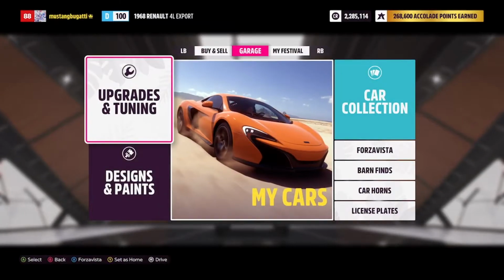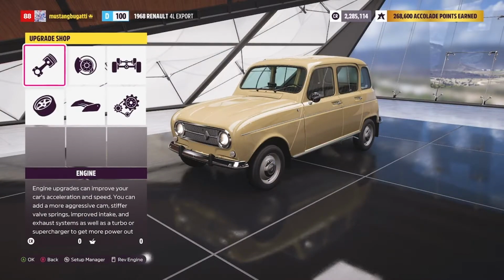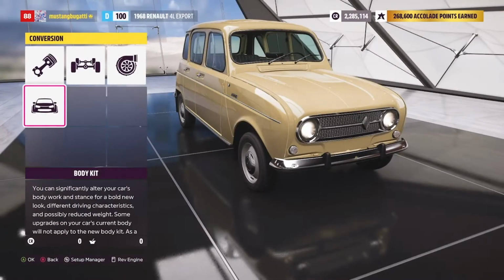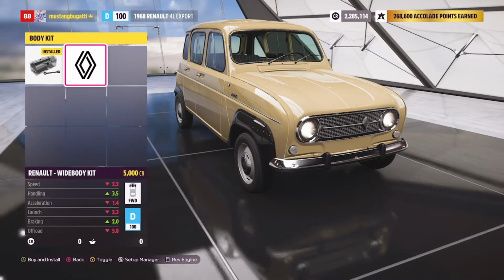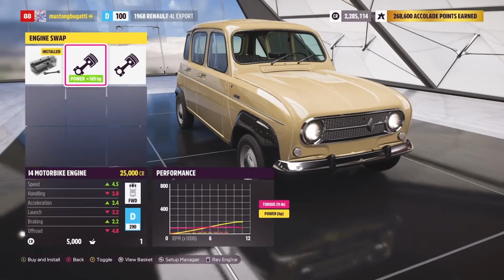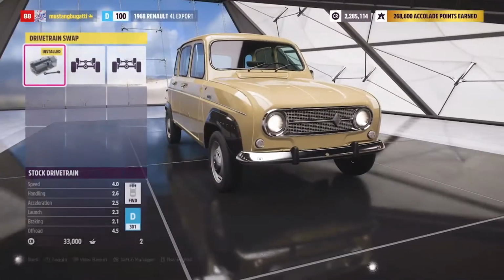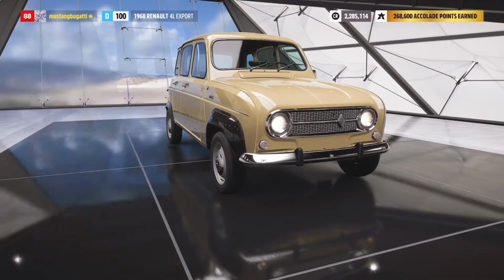It's the lowest class you can possibly get in the game, so we're going to have to do an engine swap. It does actually have a body kit. There you go. That's cool. I think we're going to want to go with the Turbo Rally engine. Yes. We're also going to want all-wheel drive. Yes. And we're going to want...